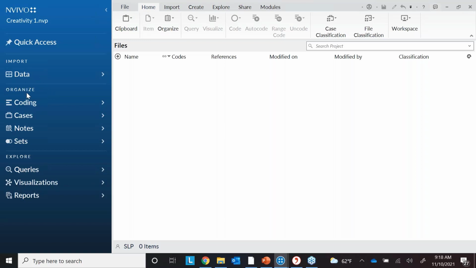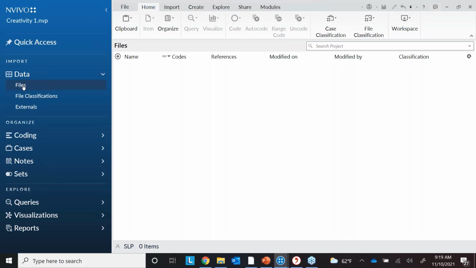It has an organization section, which is all about helping you organize your coding, the cases, your units of analysis, the notes you might want to write, like memos. And then the explore section helps you with queries and visualization and reports. The white space is your working space, and then up here you have different tabs to help you work within the software. So what I'm going to do is go to data,